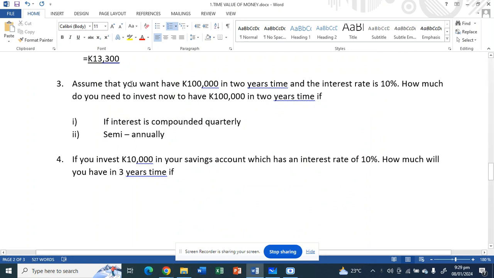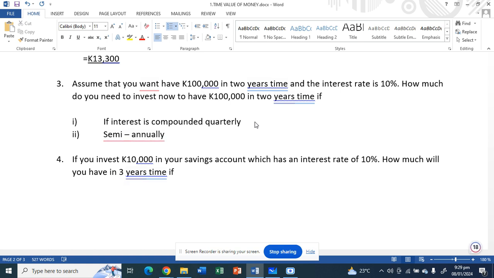So just similar to the first question, assume that you want to have 100,000 in 2 years' time. The interest rate is 10%. How much do you need to invest now to have 100,000 in 2 years' time if interest is compounded quarterly? Second, if interest is compounded semi-annually. So let's solve this. So when interest is compounded quarterly,